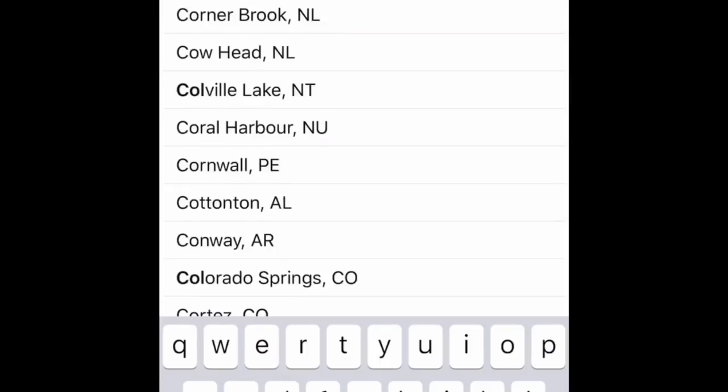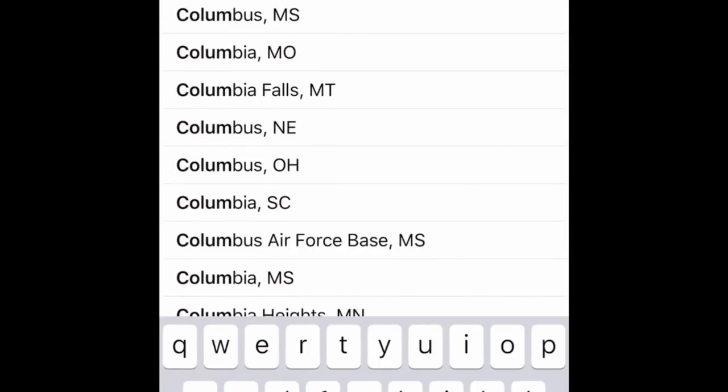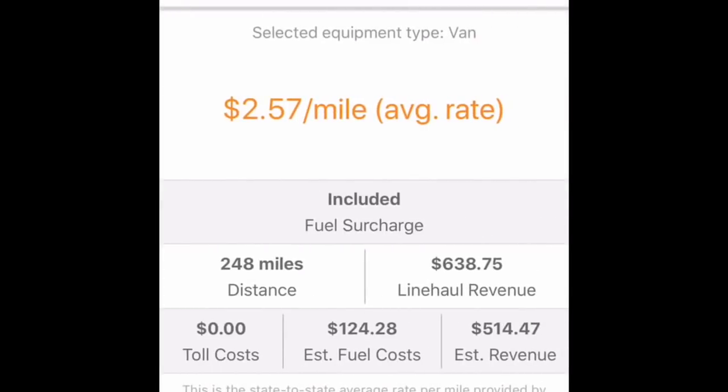You hit the rate check. Now we're going to say from Davison, Michigan to Columbus, Ohio. If we hit that and we pick van and we say get rate, it's $2.57 a mile is the average rate for that lane. And if we hit the little button next to the towns, 2 arrows, it'll flip them and show the rate coming back. So Columbus will be on top, Davison will be on the bottom, and $3.58 a mile coming back. All right, so that's a good